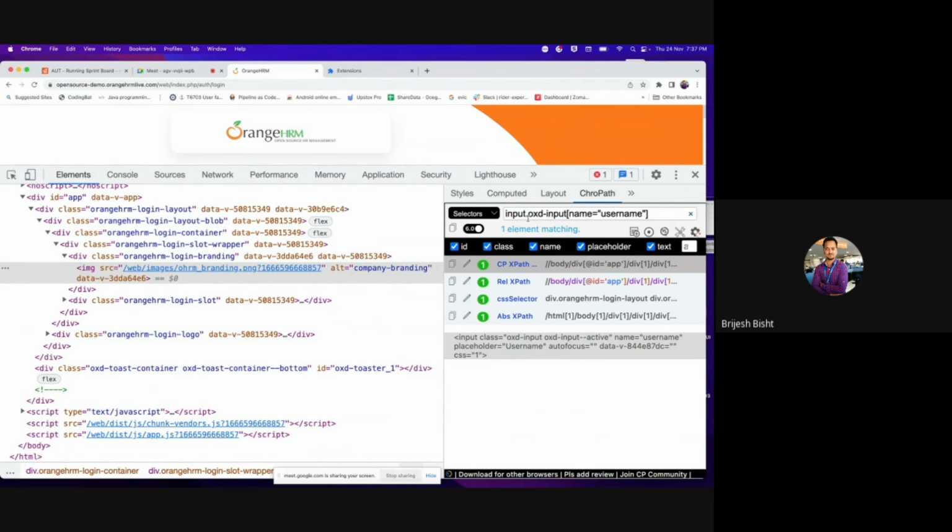Now I have to make the combination of tag name with class name and with attribute. In this way I have made it. Earlier I was making only tag name and attribute name like this, and if I have to make three combinations, I can use this class also. So sometimes what happens, when we are using these two combinations, it is still matching with so many elements, then we figure out and find that class is